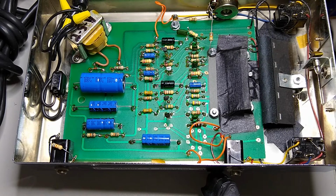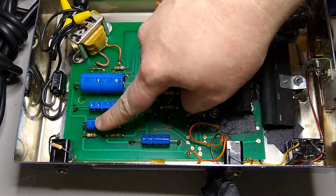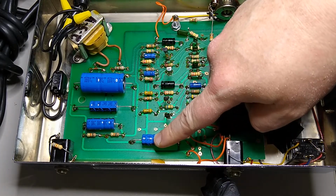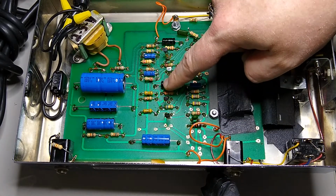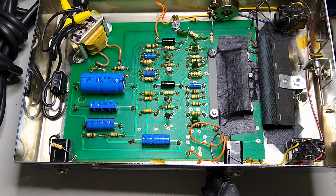Hey, I just wanted to make a quick video on doing servicing on your Morleys. If you have some of the older big chrome units like this one, one of the things that you want to do is replace the caps, especially in the power supply. The signal path ones aren't necessarily required, but I tend to do them anyway just because they're 40 to 50